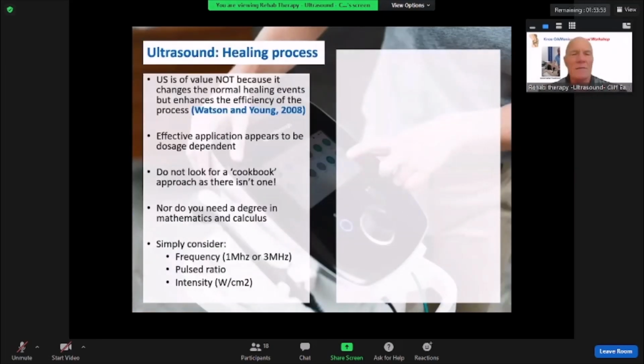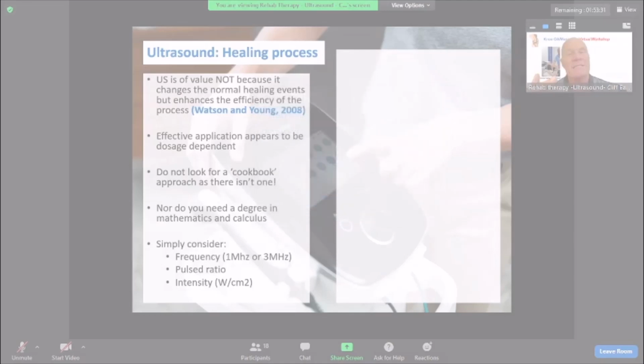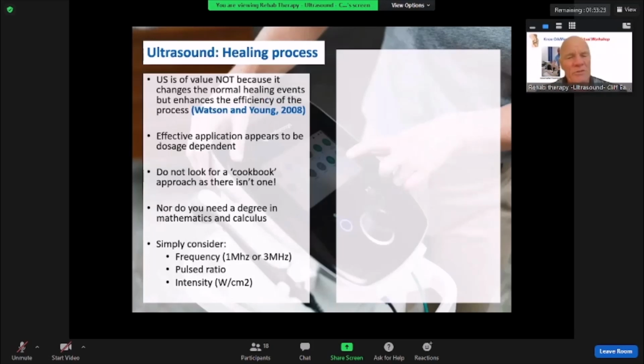Okay, so let's go through the parameters, which hopefully will be explained and will correctly bring about the desired effects. Because ultrasound works if you choose the right patient at the right time of healing, and you've chosen the right modality with the right settings. And it's the settings that people tend to get wrong. So I want to make sure that you know, and hopefully clarify it. It's not that hard.